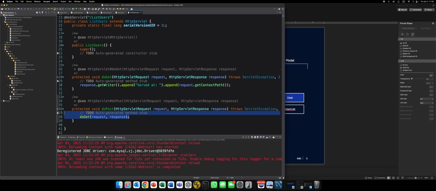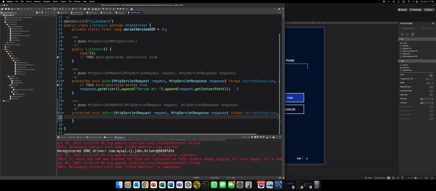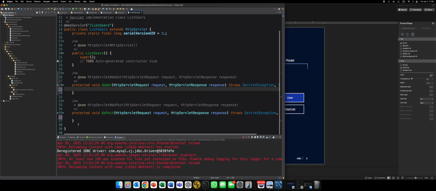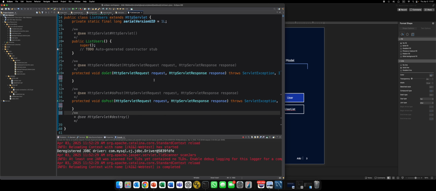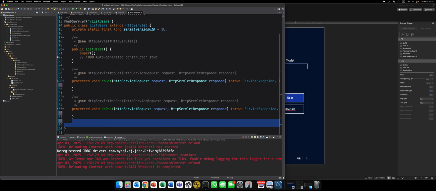And we're basically gonna do what we always do. Next session we'll do a framework that makes us not have to do all of this, but